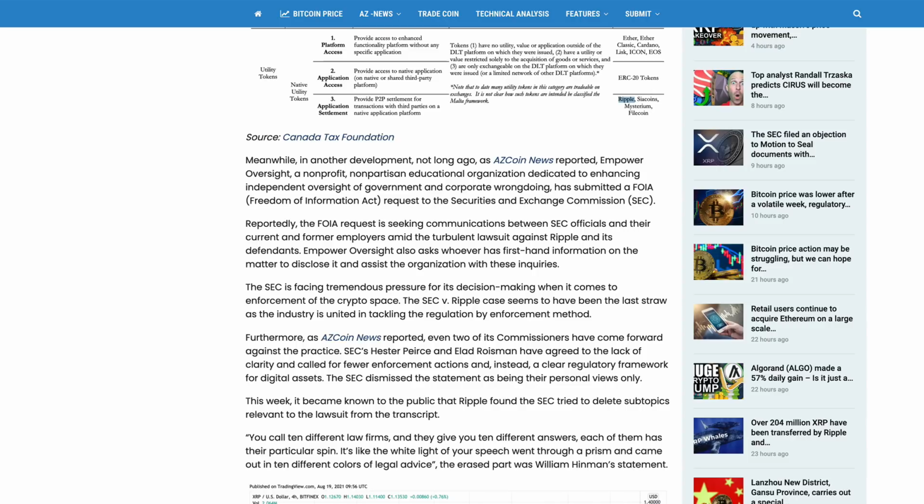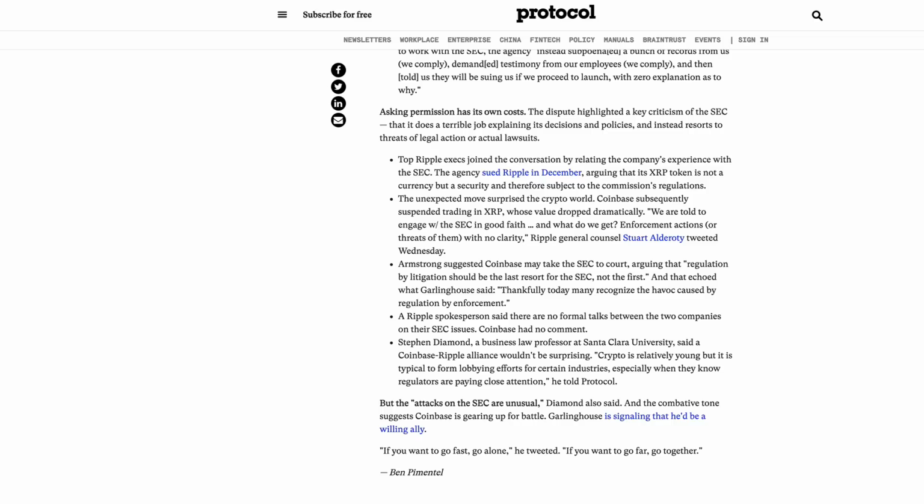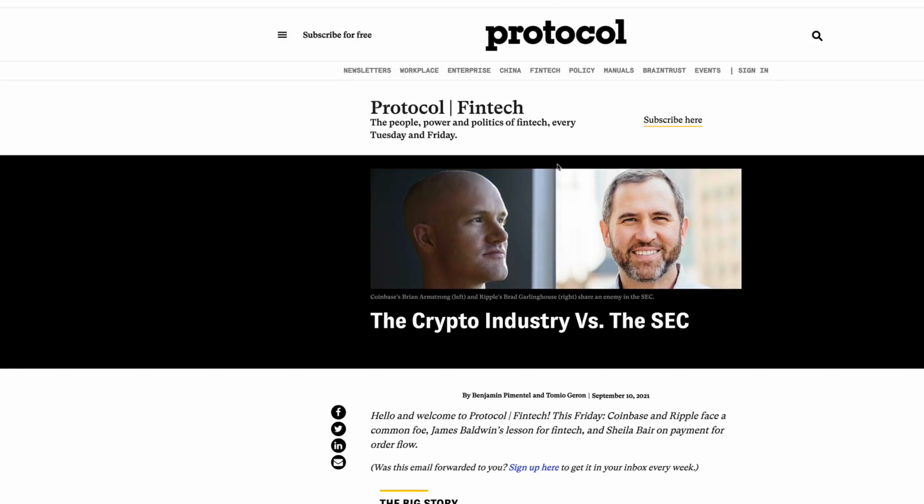However, we know about the loaded politics that is going on behind closed doors. Now, Ian Northing brought this up, and I thought this would be interesting. Brad Garlinghouse actually chimed in on this too. Coinbase and Ripple could team up in an SEC battle. Well, we already know Ripple is in court